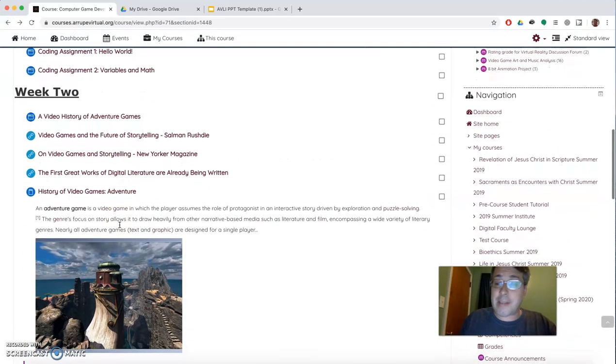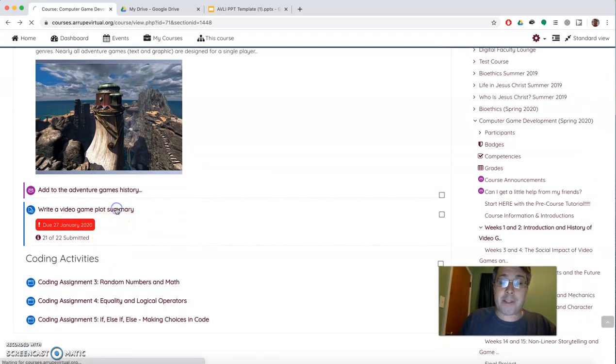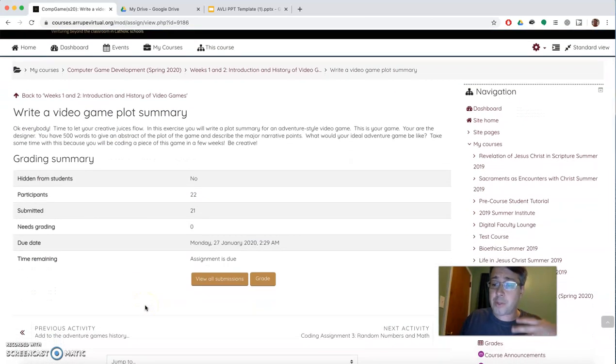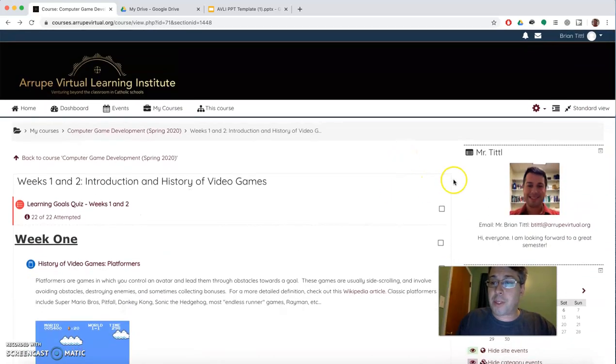You can also collect assignments on the Moodle page. So for example, here I have an assignment where I'm asking students to write a plot summary for a video game, and they turn in their assignment here on the Moodle page, and then I grade the assignment on the Moodle page. So in order to add something to the page, the first thing that you need to do is